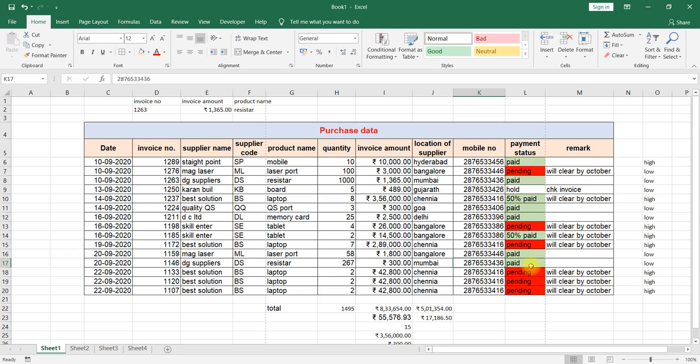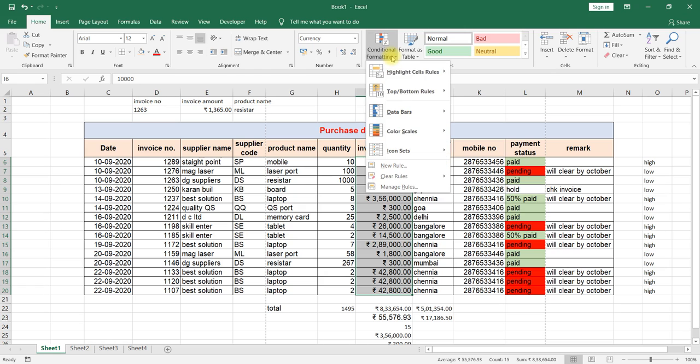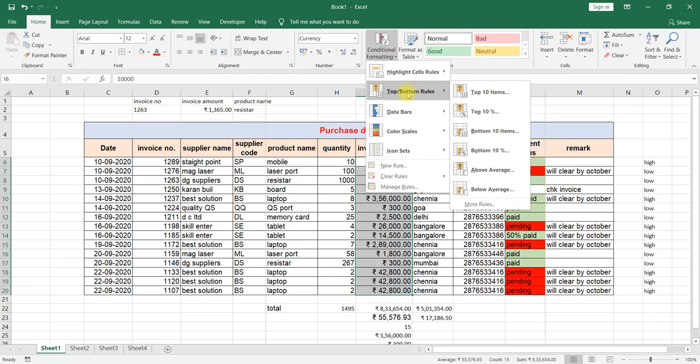Again, one more way. For example, you would like to know the top three invoice amounts. We select all the invoice amounts, then Conditional Formatting, Top. Here the Top 10 Items option is there. Select that, and like that you can select bottom 10 also.